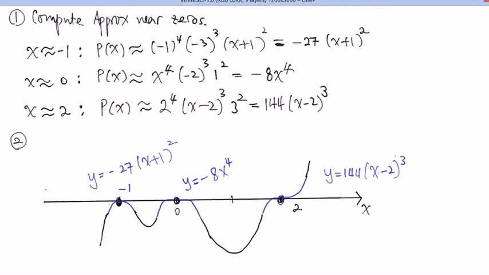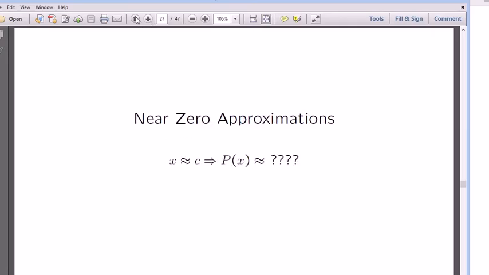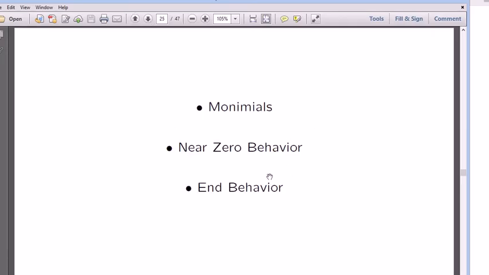All right, does that make sense? Yeah, but you have to remember how the fourth power looks like and third power looks like, and deal with the sign of the coefficient basically. Right? Any question? So that's what we mean by the near zero behavior, and use that to